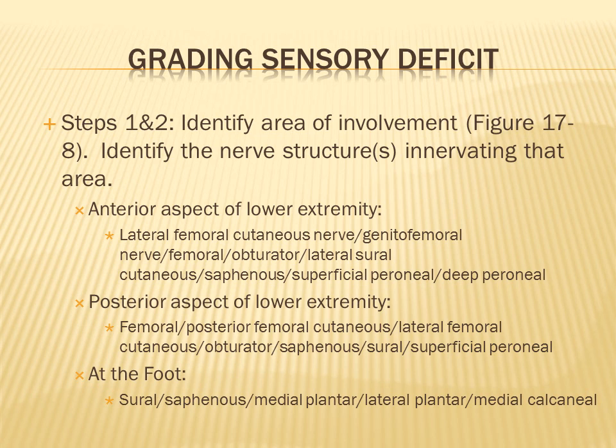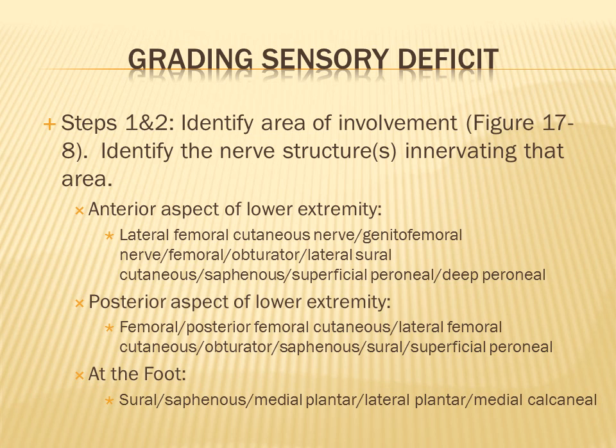And sometimes there are multiple nerve structures innervating certain areas. For example, in the anterior aspect of the lower extremity, we have portions of the lateral femoral cutaneous nerve, the genitofemoral nerve, the femoral nerve, the obturator nerve, the lateral sural cutaneous nerve, portions of the saphenous nerve, and even the superficial peroneal and deep peroneal nerves all have twigs that contribute to sensation to the anterior aspect